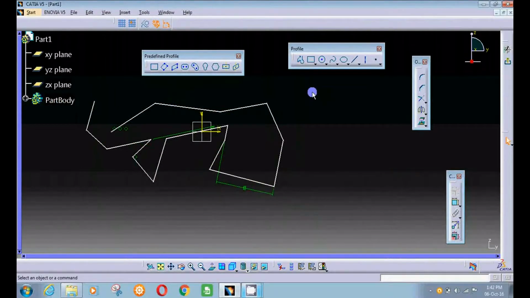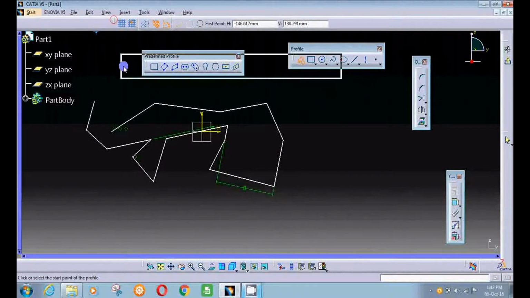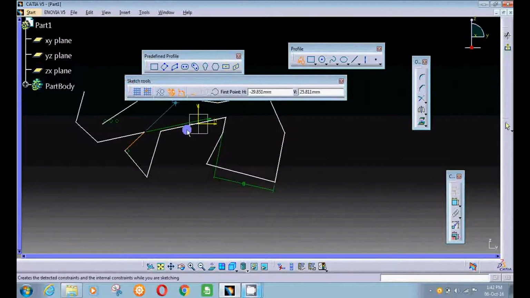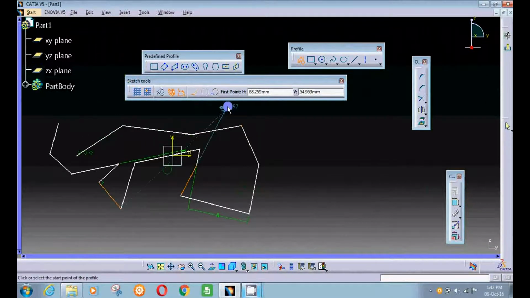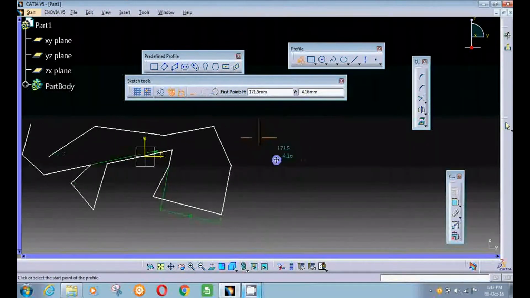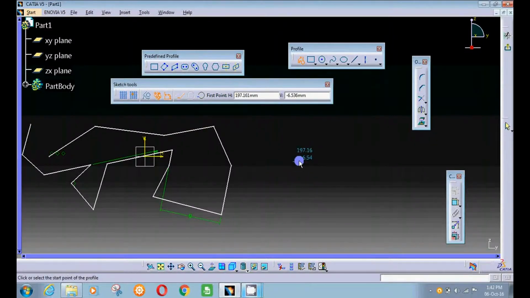When you take a command from the Profile toolbar, you get some options in the sketch tools which show the first point, horizontal and vertical. These are the coordinates, and you can make a line from the coordinates also, and you can define some length and angle from this sketch tool.